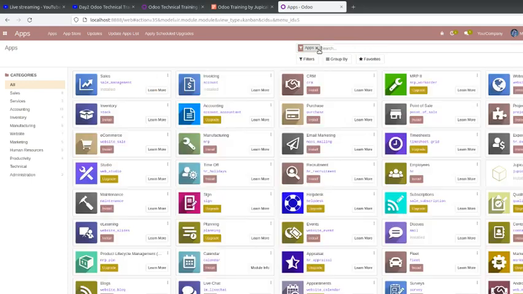And if I remove this filter, then there are 300 or 400 plus add-ons. If you create a module that enhances some existing module's feature, that is actually called an extension, so we can't set that module as an application. If you are developing a new feature, or a feature completely different from the existing modules, you can say your module is an application.